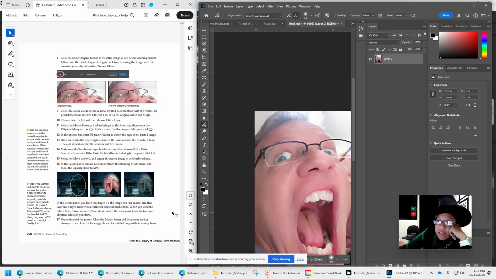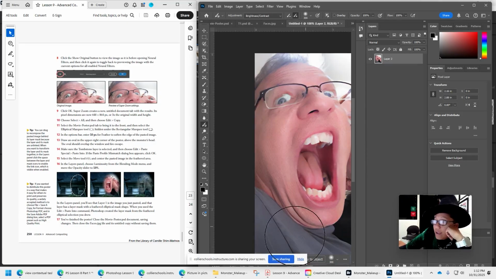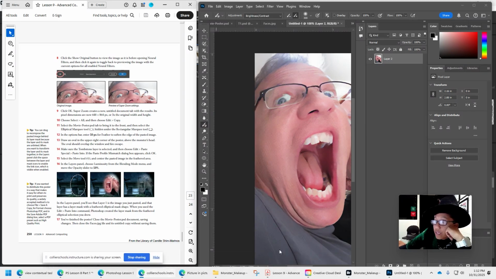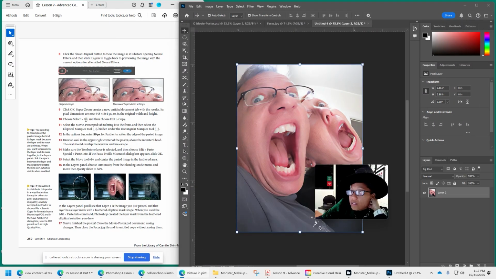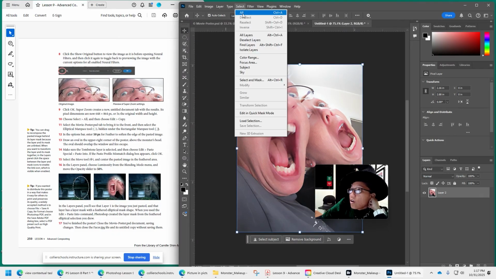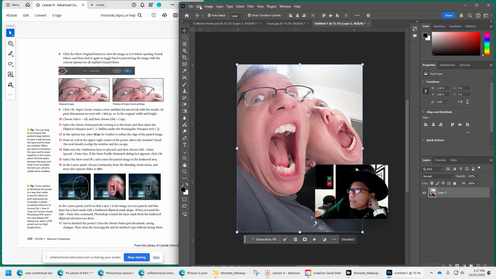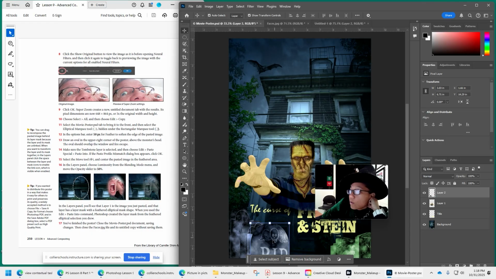All right, here it is, layer 2. Click OK. So now we have this better looking photo. Select all, choose edit, copy. Select all, edit, copy. Now we're going to go to the movie poster tab, right? So on the same one as the tombstone that I should have named,